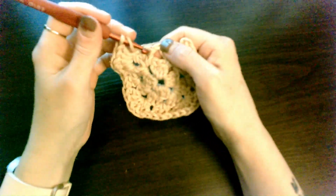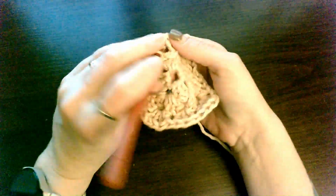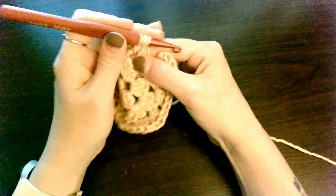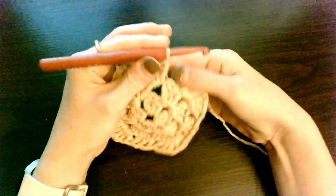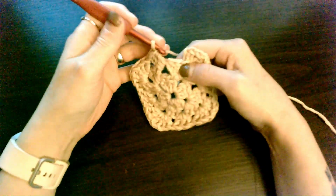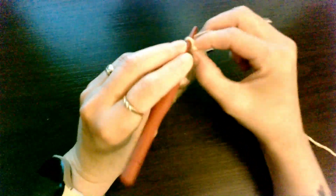Yarn over, skip your 3 double crochets in this chain 1 space. You're going to put 3 more double crochets. There's 1, 2, 3, and then once you figure out your 3 double crochets, you're going to jump over, and in the third, 1, 2, 3, you're going to slip stitch into the top of that chain 3,